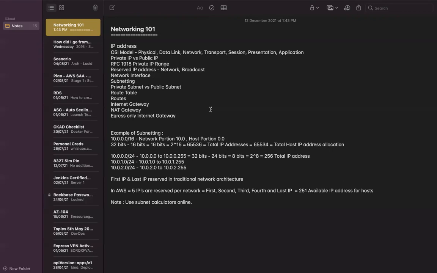What allocates them is called the DHCP server. At the same time, all of these IP addresses are allocated and attached to a network interface. When you take a system, that system has a network interface to which these IP addresses are allocated, and also a MAC address is allocated to identify each and every device on the hardware level, which is unique. The MAC address is set at the hardware level by the manufacturer, whereas the IP address is allocated to the network interface, and you have a private and a public IP. I hope you got a basic idea of how networking works. We will take a much more detailed approach into how subnetting works and all the other terms I have mentioned here in the